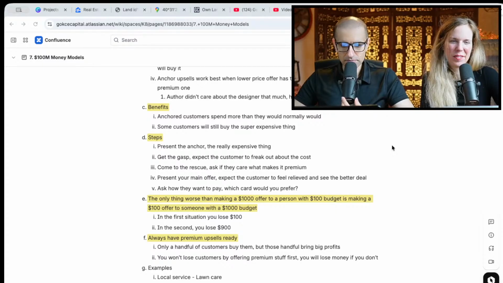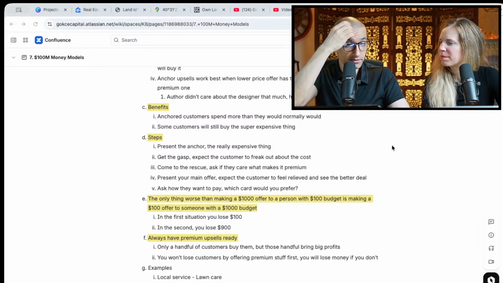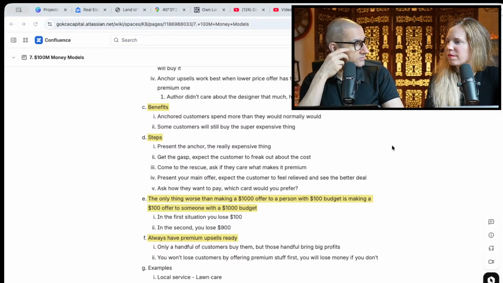Okay. All right. Yeah. So anchored customers spend more than they normally would. Some customers will still buy the more expensive thing, right? If you say, for example, oh yeah, 100 acres, they'll be like, yeah, I'll take it, right? Or just like some people will take designer suits,